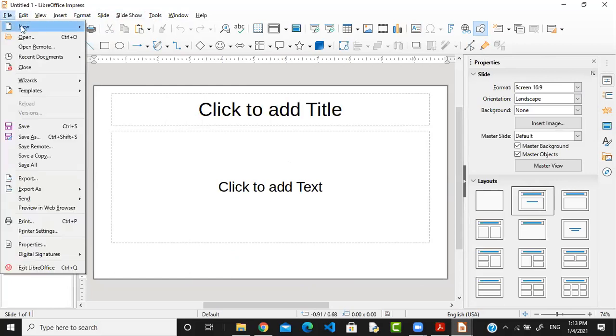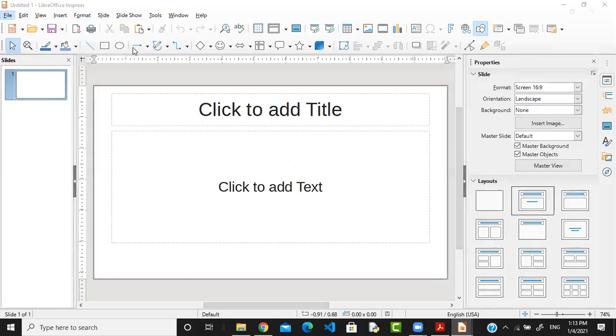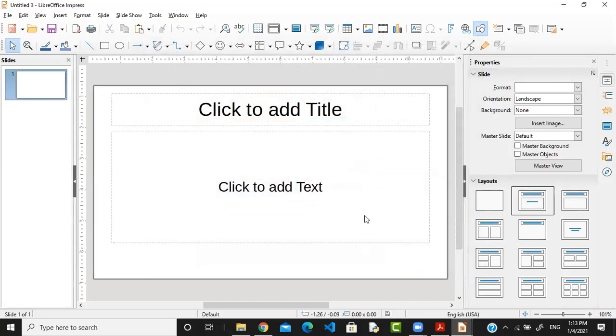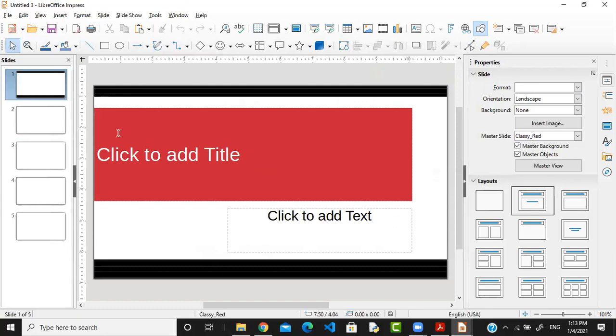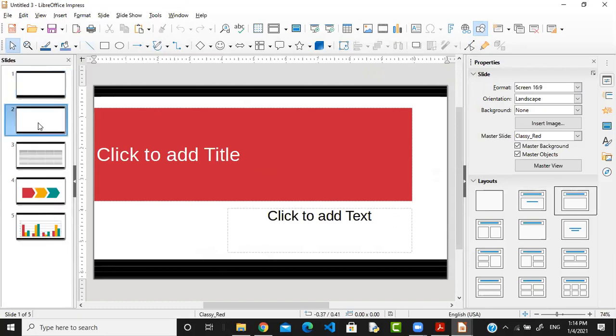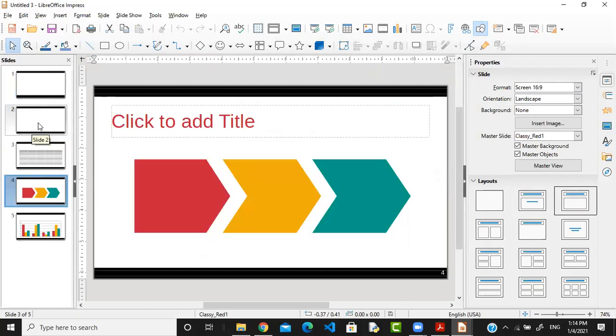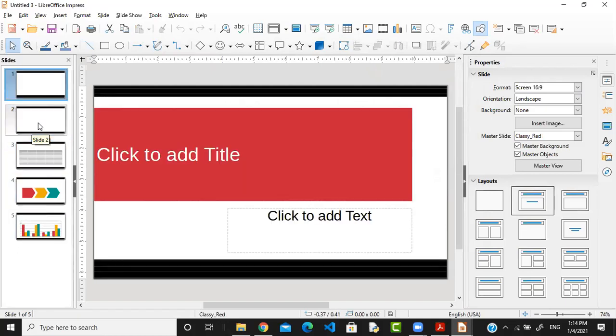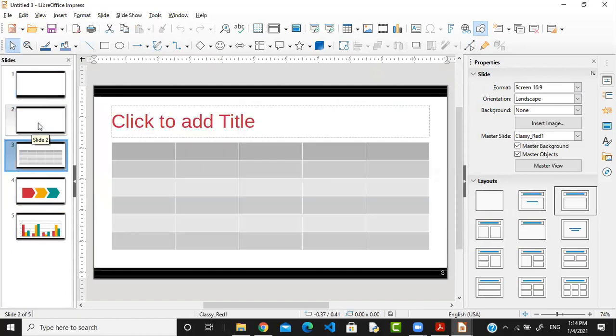So I have to click on new presentation, and this time it will ask for the template, and we can select the other template like this. So you can see that. And what happened whenever I'm selecting this, look at this. It's providing some pre-formatted text. Okay. So every template has a different purpose. So you can use the template accordingly.